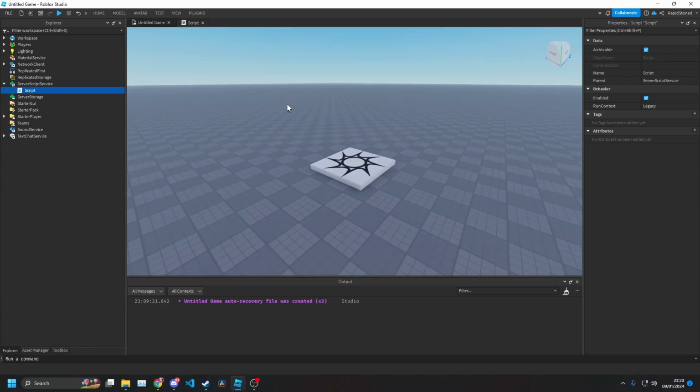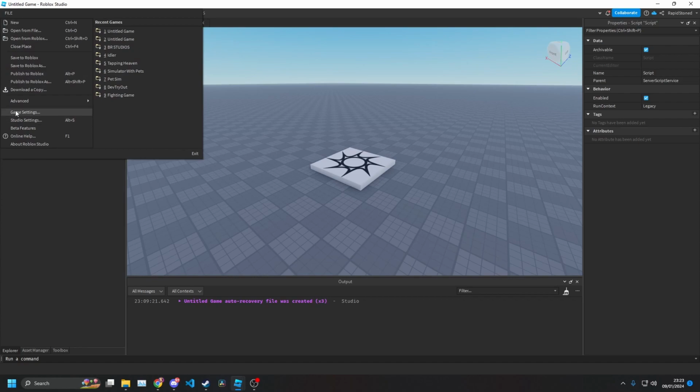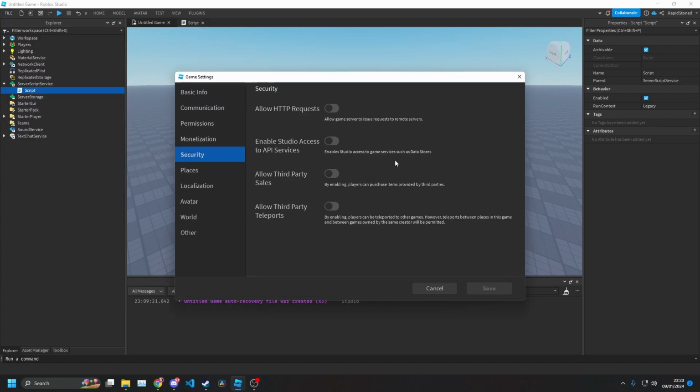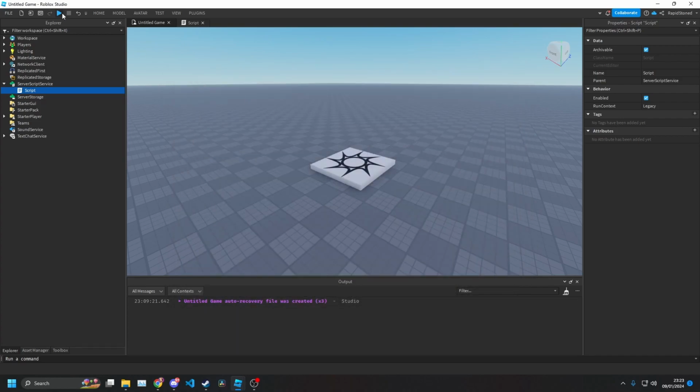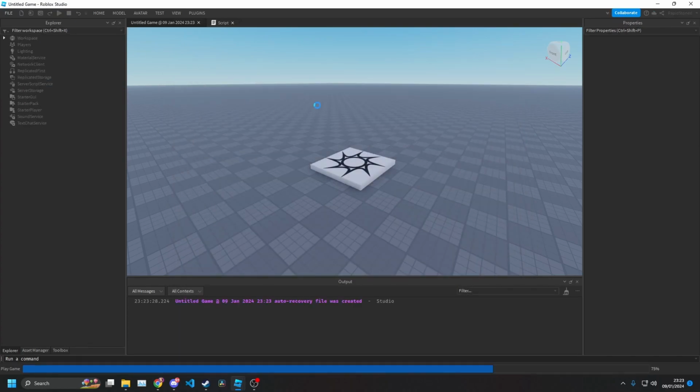Let's give it a go. But first, before you test it, if you have not already, you need to go to Game Settings. So File, Game Settings, Security, and enable Studio Access to API Services. So you click that on and hit Save. There you go. And then if you hit play,